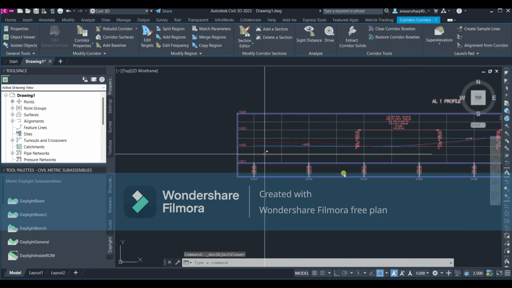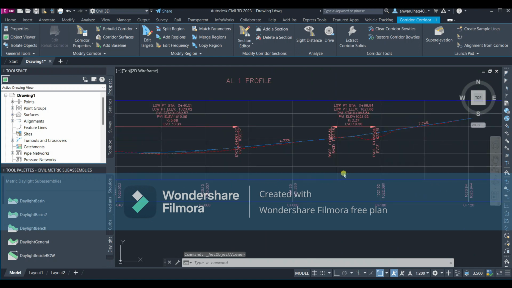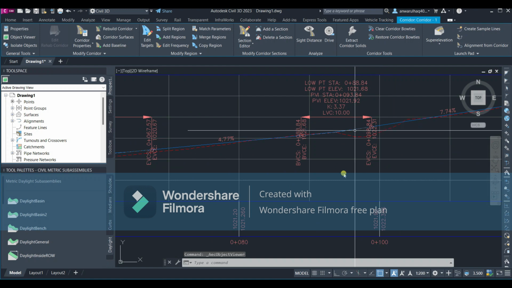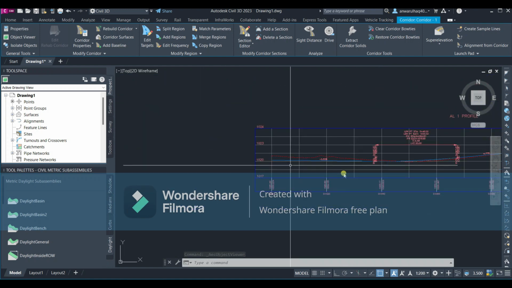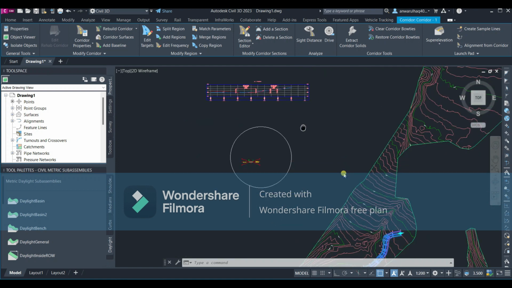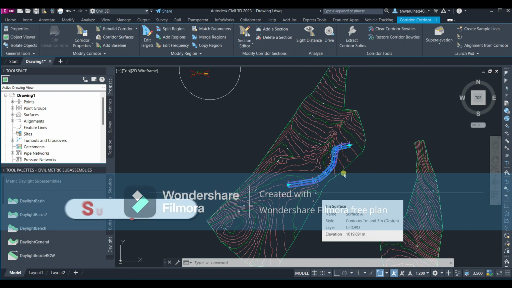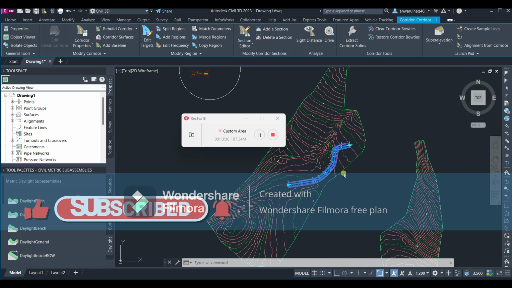So let's check the profile here. Normally you can see that our profile is below here in this portion, and our profile is above in this portion. So in this portion the daylight will be the fill, and in this portion the daylight will follow the cut. So this is our corridor. In the next video we will learn about corridor properties, corridor surface, and how we will take off the quantity of any road projects or any